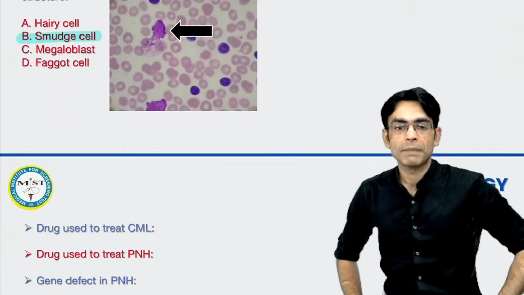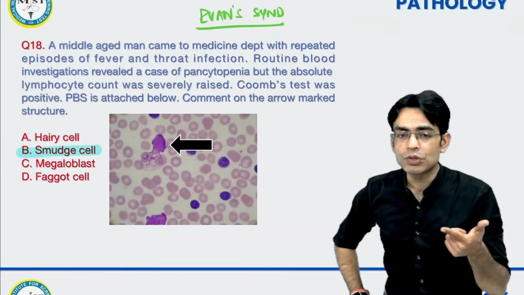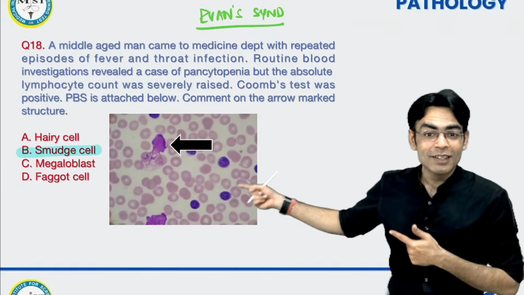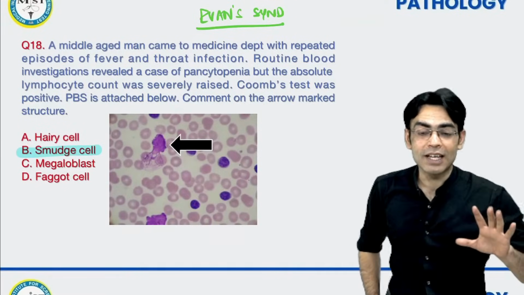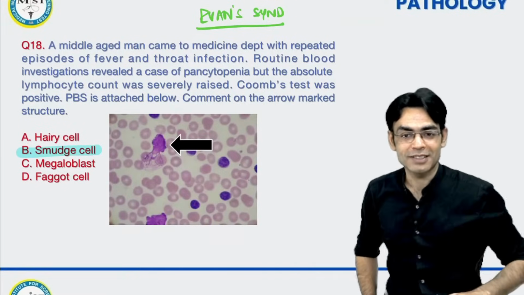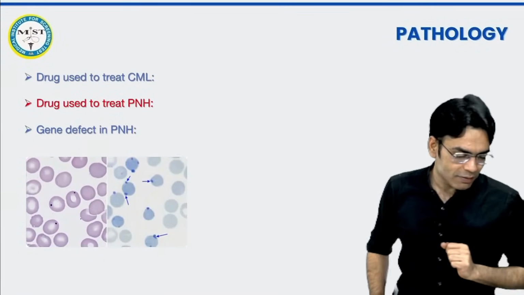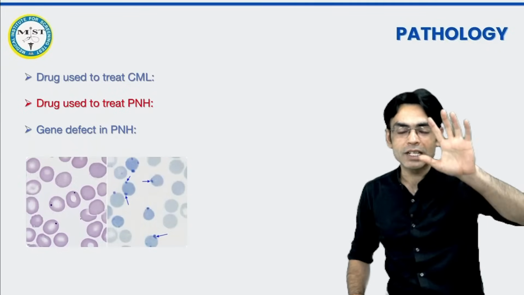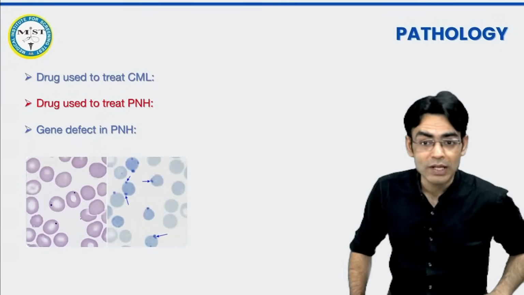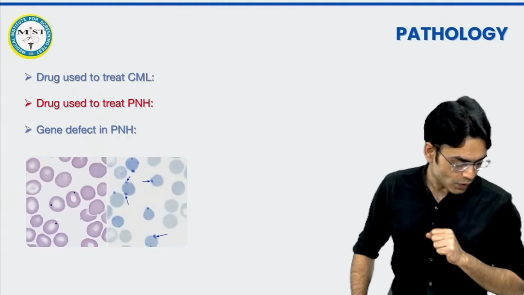Okay. The other name of this smudge cell is basket cell, or parachute cell. Only and only lymphocytes you will see, only one kind of cells, and that is why it is called convent appearance. Okay. Drug you use to treat CML, quickly tell me. Yes, you are right, Shubham. 13q deletion, this is the most common abnormality seen with patients of CLL. I am very happy. Yes, good.